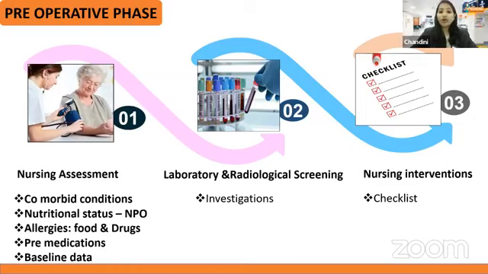As we all know, when any patient is wheeled in for surgery, we have to do the baseline investigations as per the doctor's order. We will be sending investigations, and we have to find the abnormal values and inform the concerned doctor. Coming to the nursing preoperative checklist, it is very important. This comprises the checklist before shifting a patient into the OT. As a nurse, we have to look after